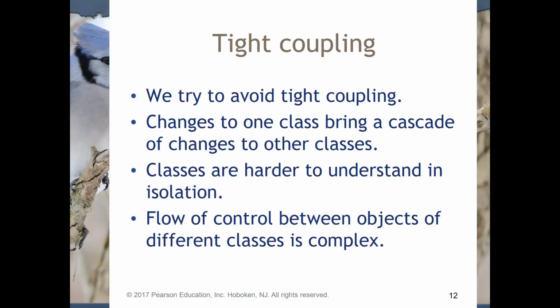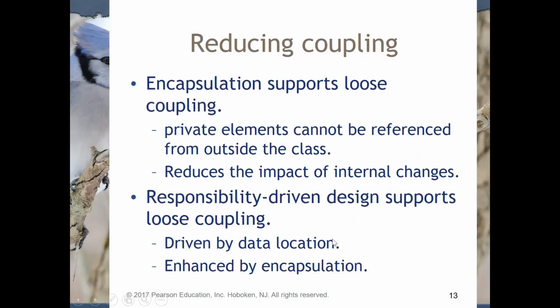We try to avoid tight coupling because one class brings a cascade of changes to other classes. While Zuul does try to make that example, you will see this where people hard code stuff all over the place, or they have constants in 6 different places, and then that one constant changes, and I've got to go to 6 different places to change it. You want to try and be careful about that, because if you couple them too tightly, then you can't work in isolation and have more independence. Okay, and then flow control between objects becomes even more of a challenge.